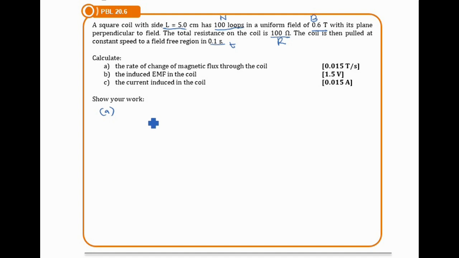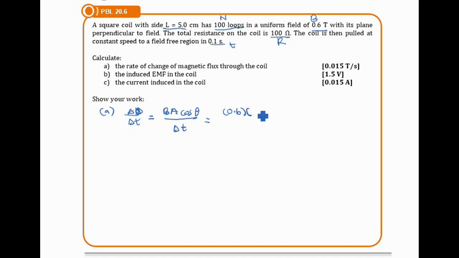So change of magnetic flux, okay, iaitu delta phi over delta t lah. So sama dengan apa? Delta phi over delta t. Sama dengan delta phi kita sama dengan apa? BA cos theta. Okay. So BA cos theta over delta t. Okay, so equal to, dia bagi tahu B dia berapa? 0.6